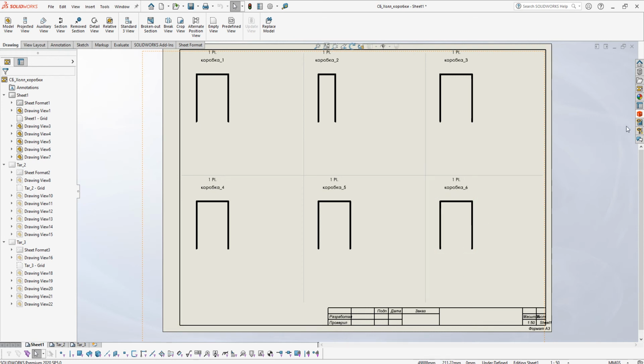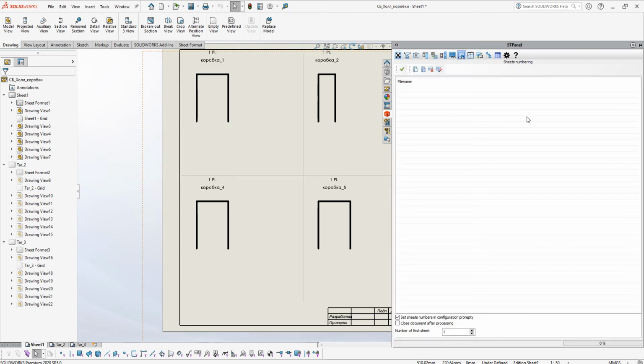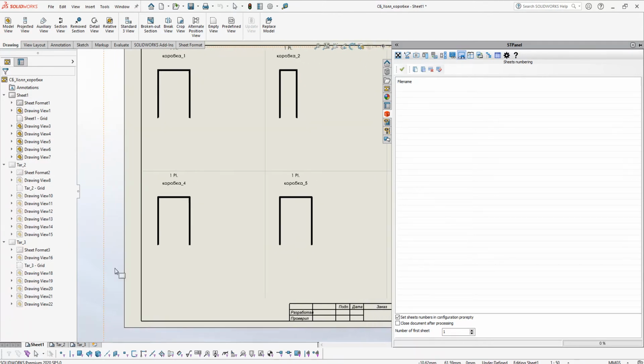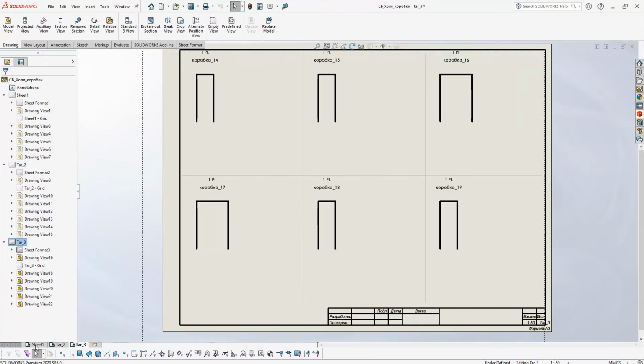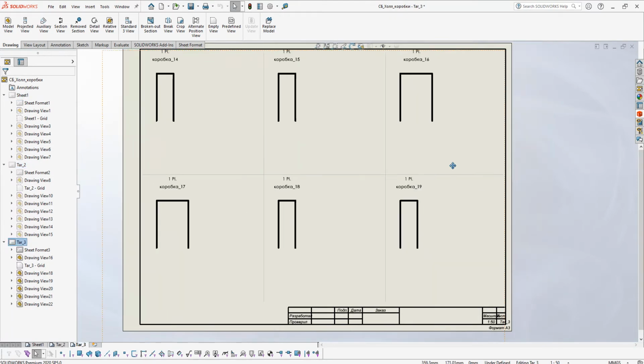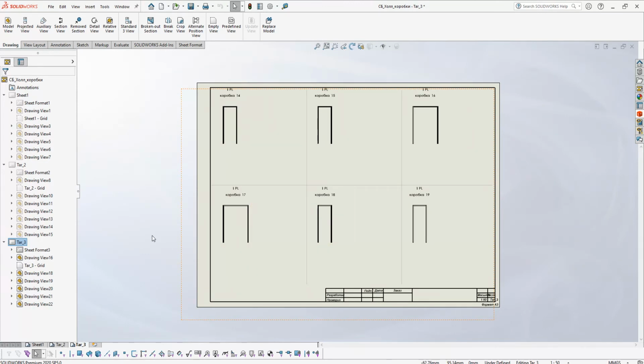Command for STPanel is sheets numbering. This command is used when I want to rename my sheets for a multi-sheet document, and I can number the sheets across many